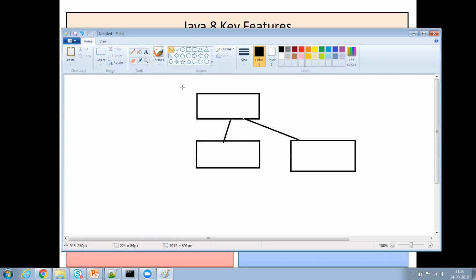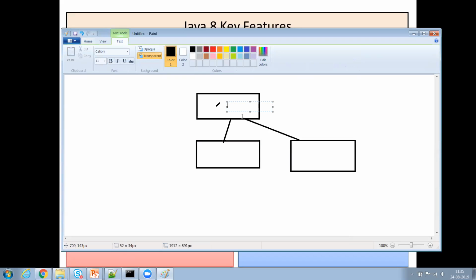Now if you have a method called a here, then in the class he has to override method a and provide the body, because he has implemented the interface.